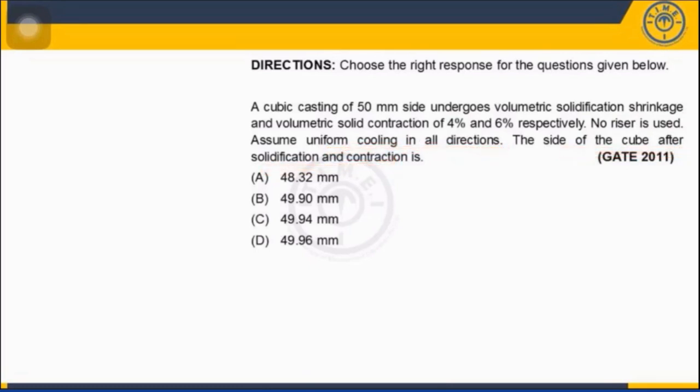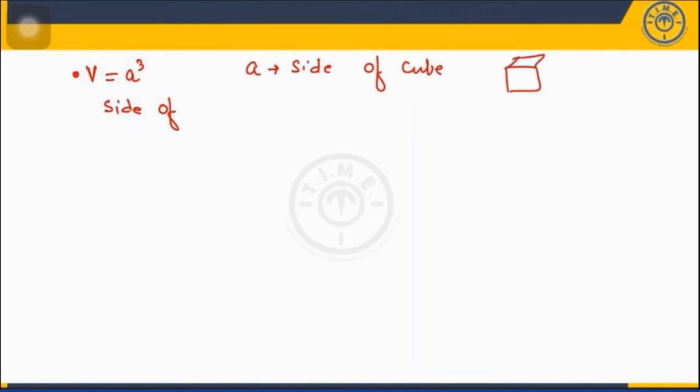Now how will you solve this particular problem? You know the volume of a cube. I hope now there is no lag while I'm writing, because I have switched off that camera; because of the internet connection, sometimes it was getting stopped. So the volume is equal to a cubed. Let us suppose I am taking a as the side of the cube. Let us suppose this is the cube whose side is this one. Now the side of the cube after the solidification